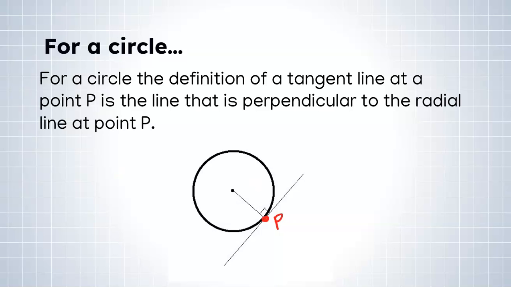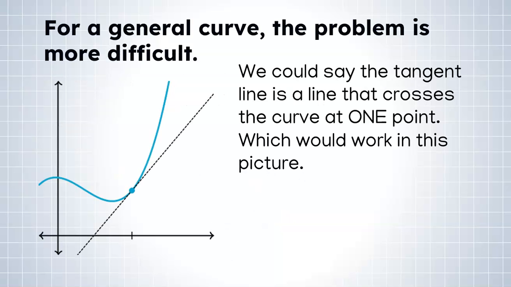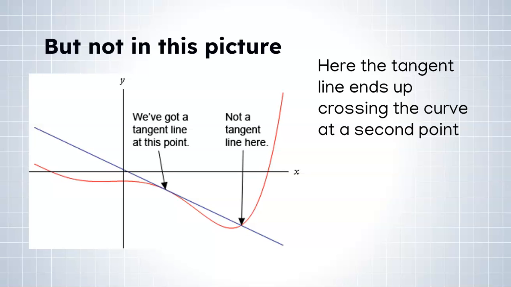Okay, that's great, but what about a general curve, just any curve? Well, in this context, it becomes a little bit harder to define what a tangent line is. So we could say that the tangent line is a line that crosses the curve at one point, which would work in this picture. Right here we have my point, and I draw the tangent line. It crosses that blue curve at that one point. So that definition about crossing the curve at one point would work here,